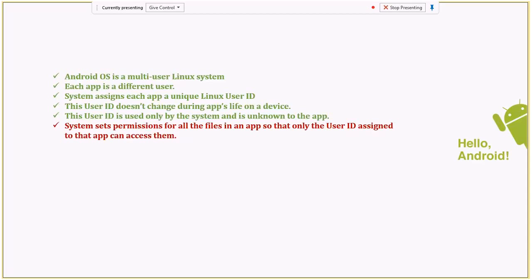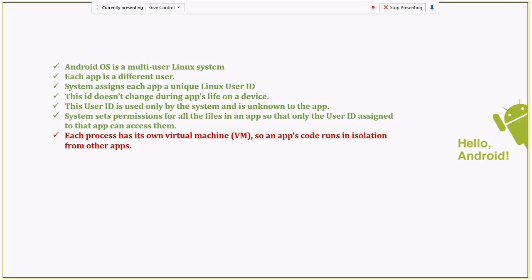So it's just like your Linux machine, wherein you create files and no other person can access them on the same machine until you provide the access. Each process, and even the Dalvik virtual machine which we talked about, is isolated to that process. So Android will bring up a process which will run the Dalvik virtual machine, and the DVM will run your app inside that isolation.